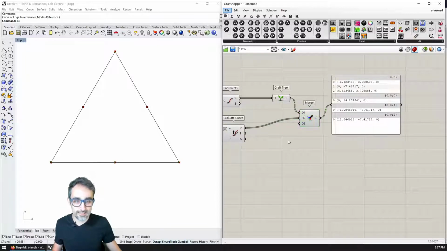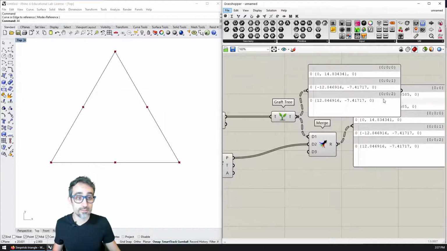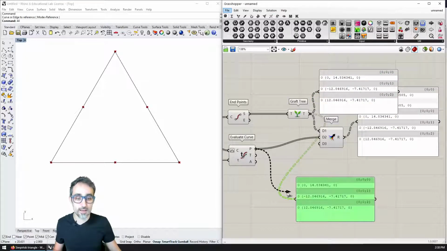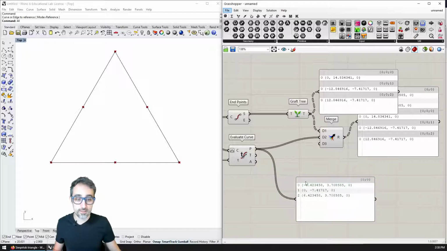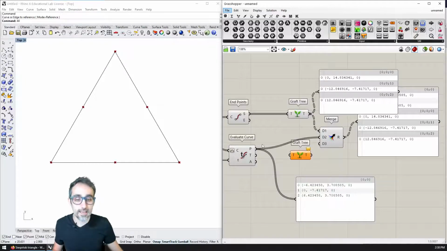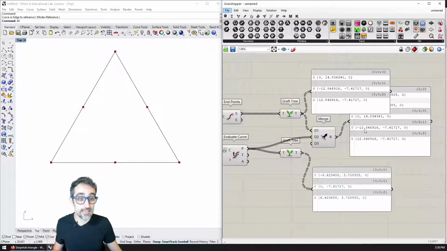You can see that it doesn't work because the structure of what's coming from this component is 3 branches, 0, 1, 2, whereas the structure of what's coming here is one single branch called 0, 0. So what I need to do is go ahead and also graft this list, so that it takes the same shape and the same structure as the first one.